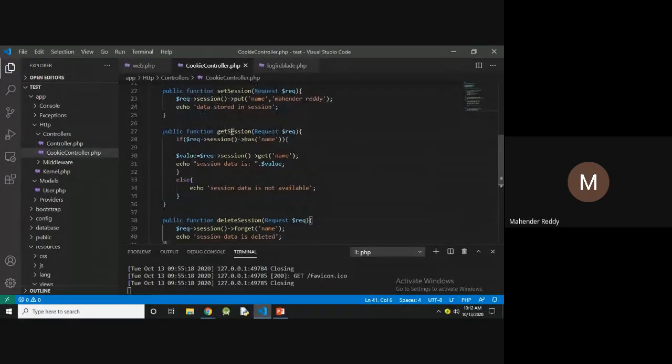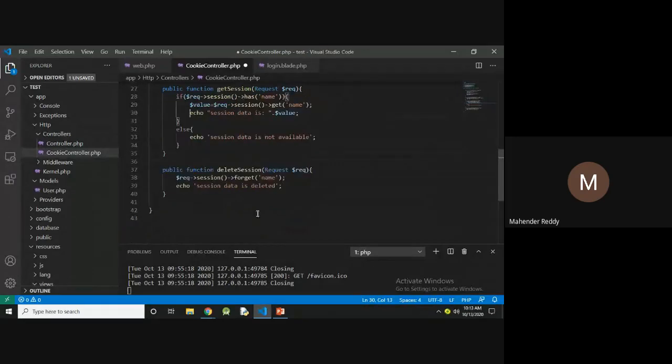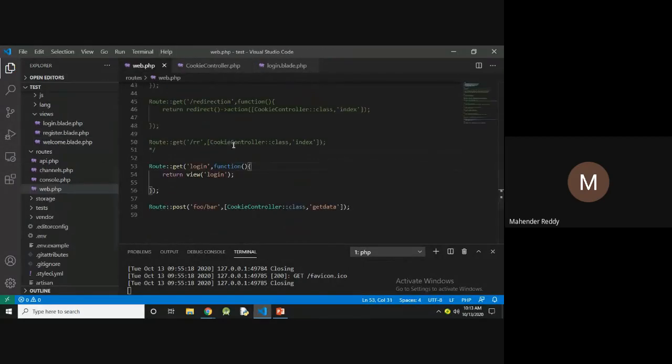So set session, get session, and delete session. I'm saving here. After saving, create a route.